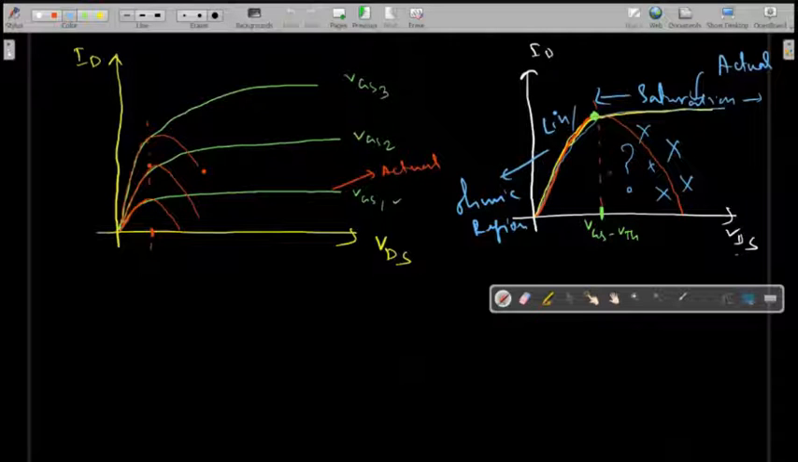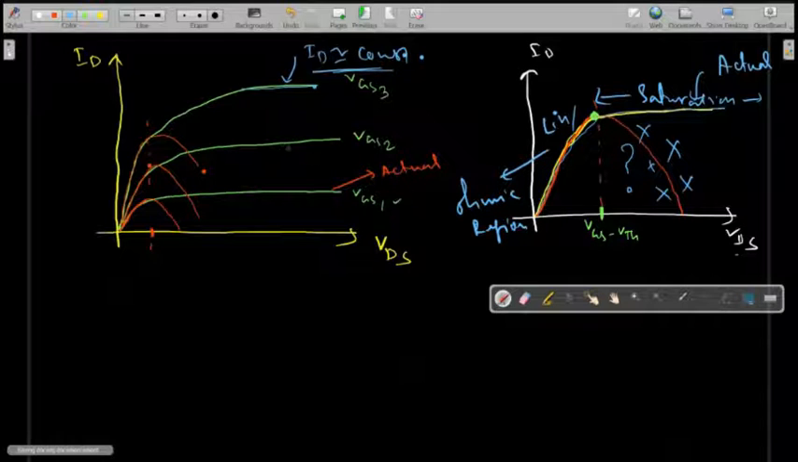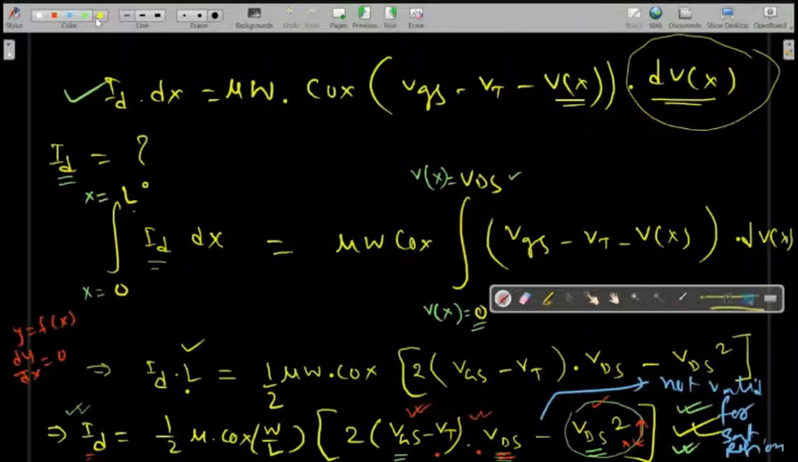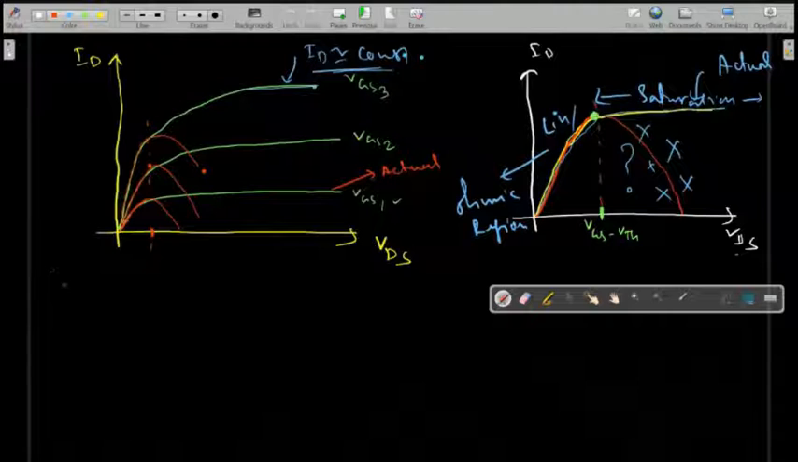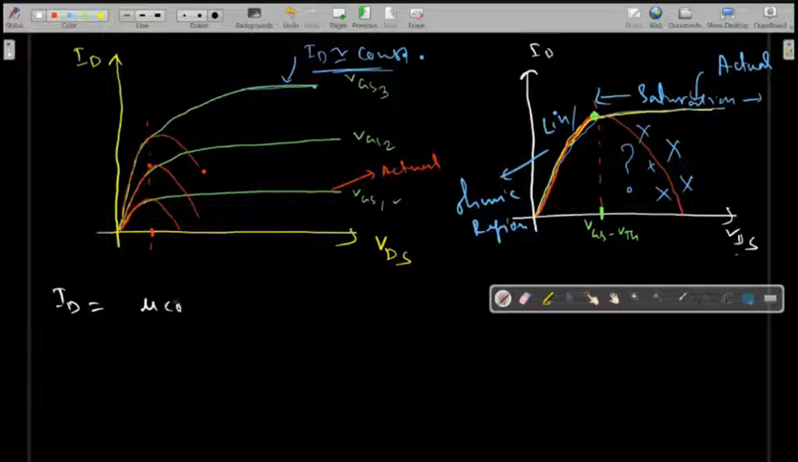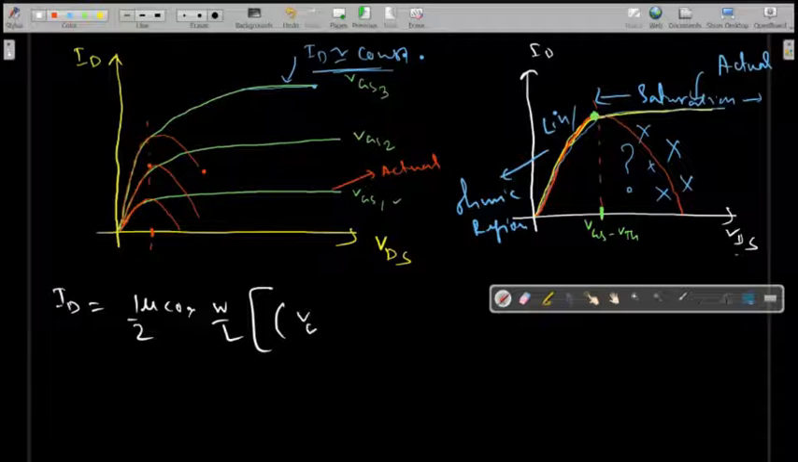See, in the saturation region, the value of drain current ID is almost constant. It's not varying, or it's varying very slowly. So we need some correction in our derived equation. Again, I'm writing the equation I got: ID equal to mu COX W by L into VGS minus VT into VDS,